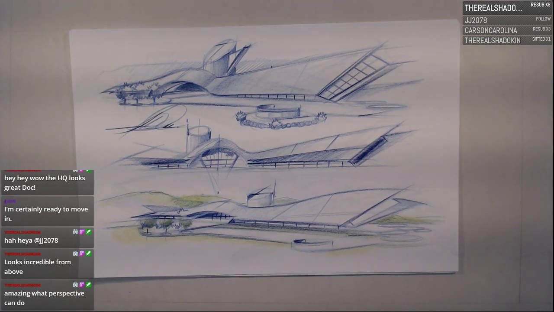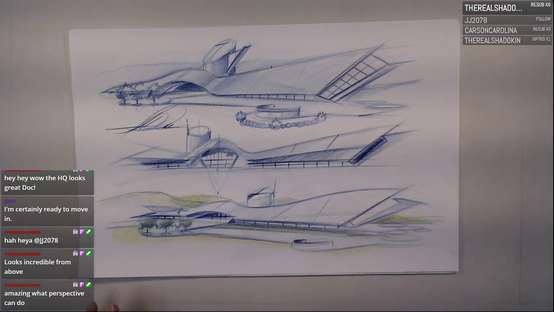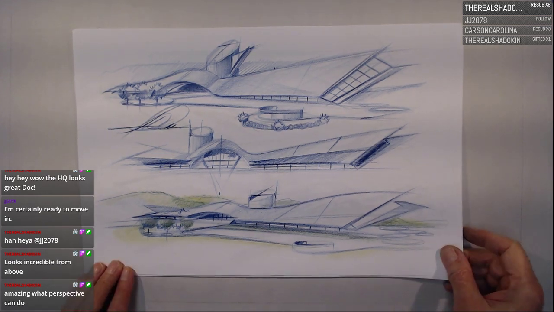What do we do with the shape? Do we flatten it a little bit? Do we stretch it? Do we kind of change the dome a little bit? So these sketches are a review for you, JJ, so you know where we came from regarding today's final sketch. These are variations on theme. These are real fast, maybe 5 or 10 minute sketches in Prismacolor pencil on bond paper, just exploring what ifs